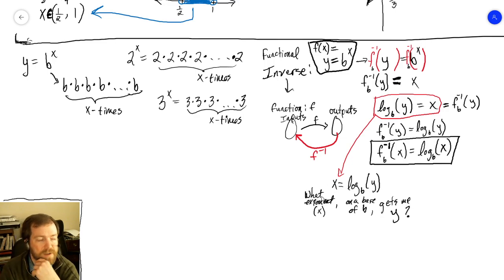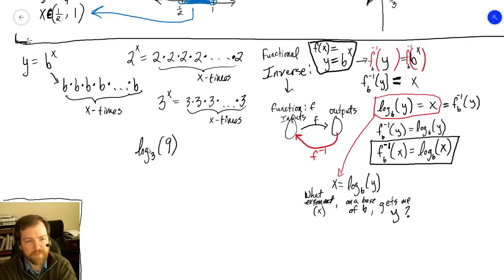All right, so x is the exponent in question. If we do this just with actual numbers, the log base 3 of 9, for instance, keep in mind this is not an exponent on this little 3 here. That's not how it works. This is, again, asking a question: what exponent on a base of 3 is going to get me 9? Well, this one's a nice easy one. We know that 3 raised to the second power is 9, so the exponent 2 on a base of 3 gets me